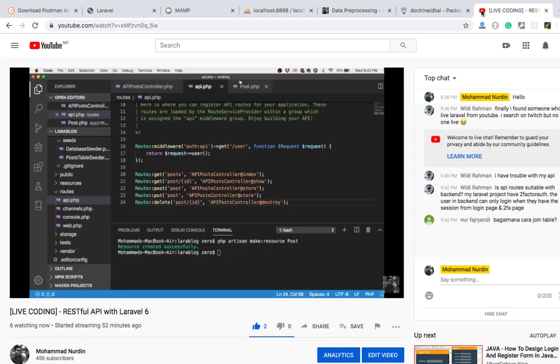So, is API routes suitable with backend? So Laravel project two-factor off. So the user in backend can only log in, but they can have session with login page. Yeah, I think this one maybe we have not covered in this lesson, but